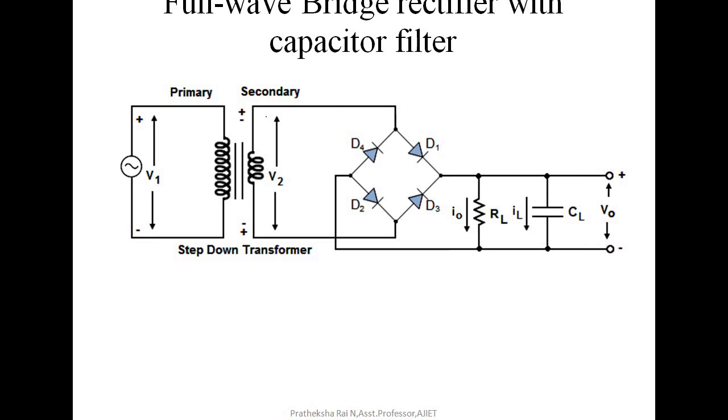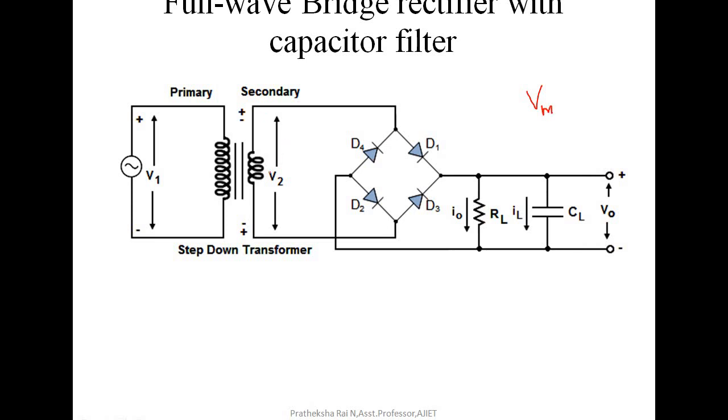What happens during the positive half cycle? Diodes D1 and D2 are in on state and D3 and D4 are in off state. Because of D1 and D2, there will be a conducting path, so whatever input is there is produced at the output. So now the output voltage starts to increase. Because of that, the capacitor also starts charging, till what point? That is Vm.